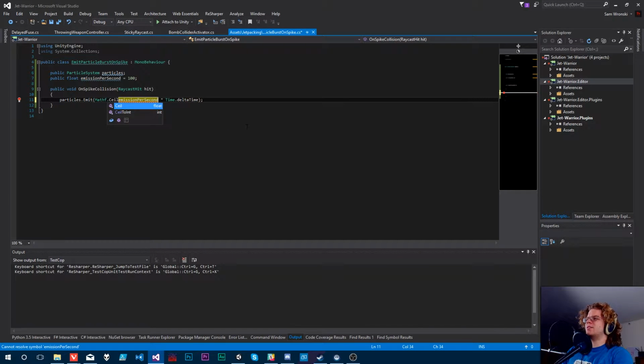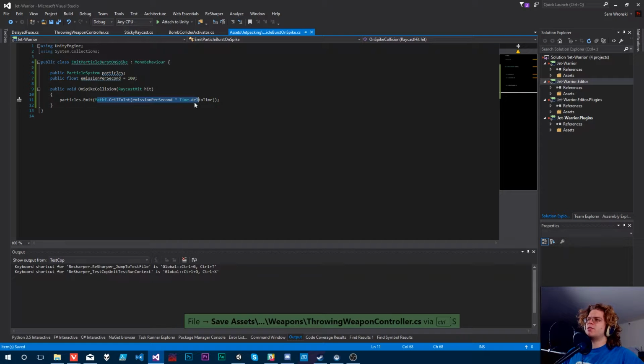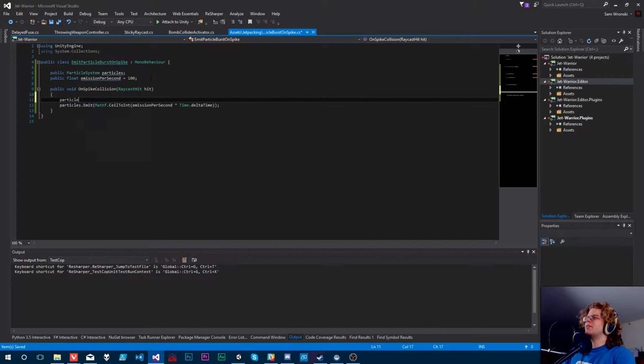So we'll take the ceiling of that. Ceil to int. So this is going to return an integer of the highest of whatever this result is rounded up, which is super easy, right? So I think that's pretty much all that needs to happen there. The only other thing